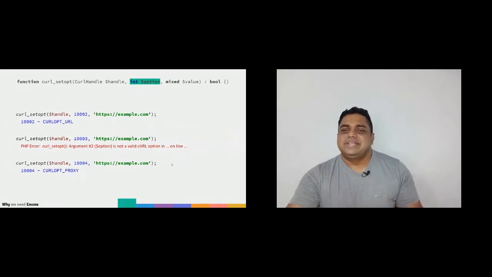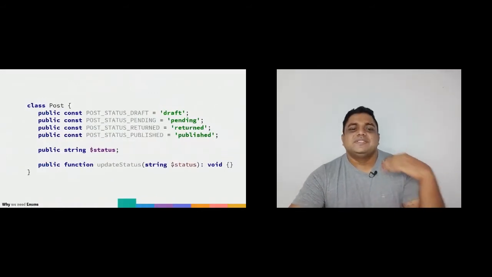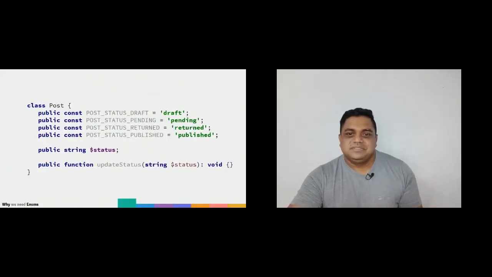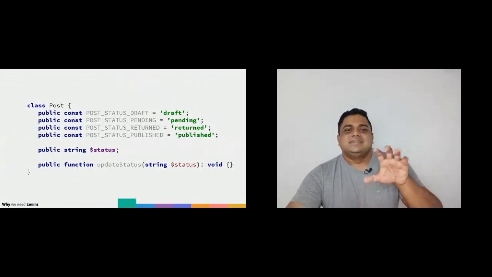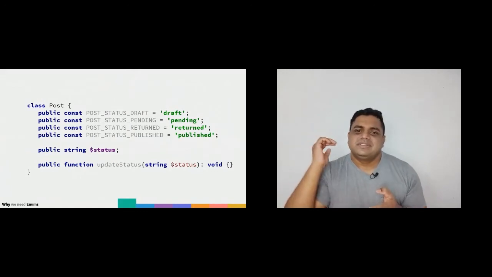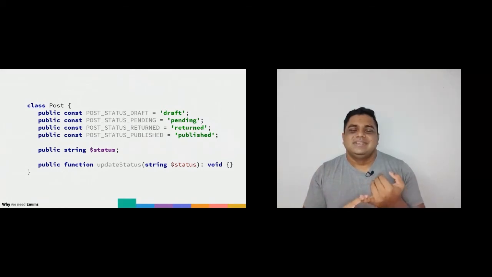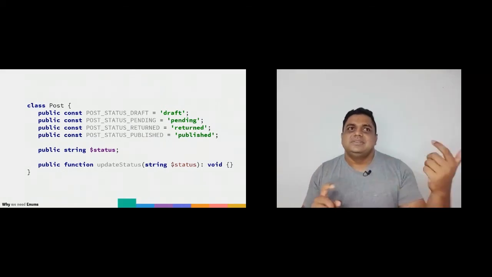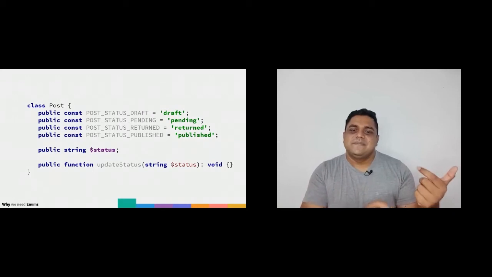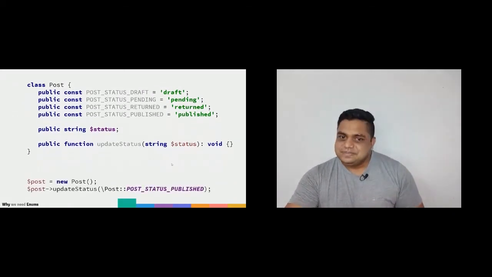That's one thing we are trying to fix with enums. In fact, we have a solution to this, right? This is what we do with Symfony. This is what we do with Laravel, Drupal, you name it, we have this. So what we do is we create this class, and then we put a bunch of class constants inside, because they are class constants. So you can just take a look and you know that this belongs to this class. And we use these constants like this.